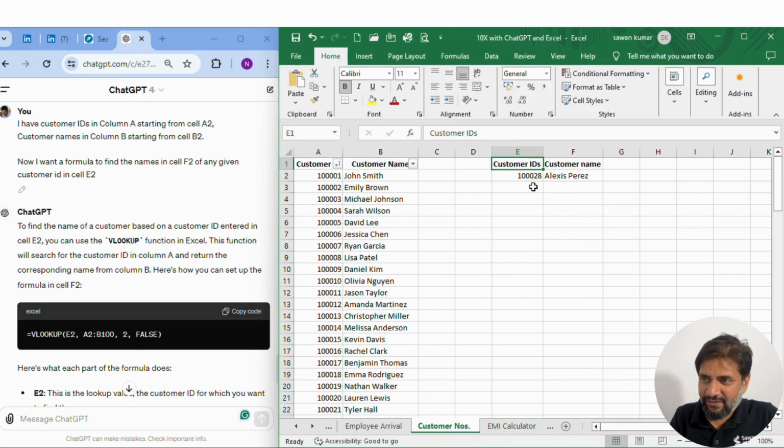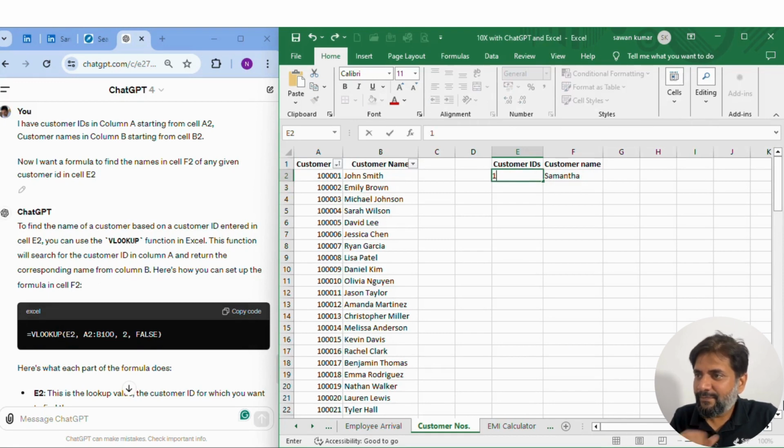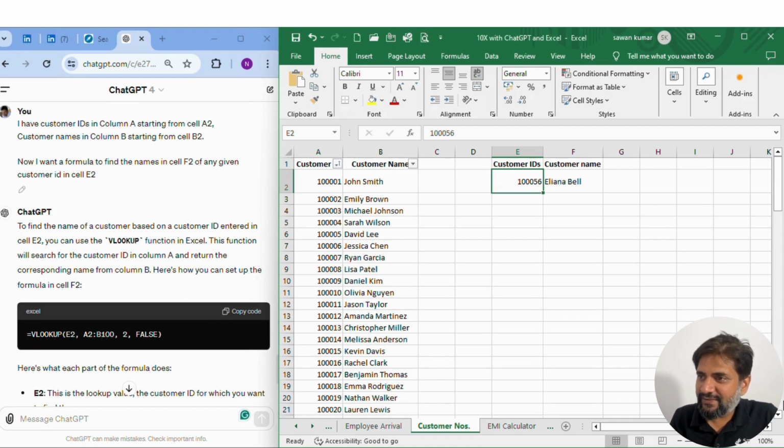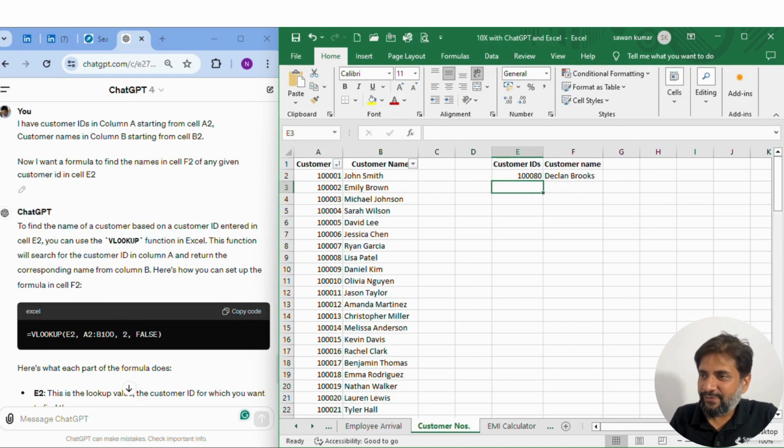Now if I delete all of this and simply enter the customer ID 1000030, it changed the name. 1000056. Do you see how easy it became? 1000080. That's the magic of using VLOOKUPs without even knowing how to apply VLOOKUP. So that's a complicated one. Those who know VLOOKUP would say, okay, so next comes a little advanced version of